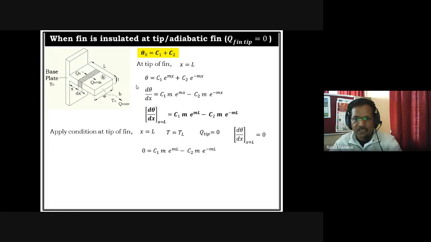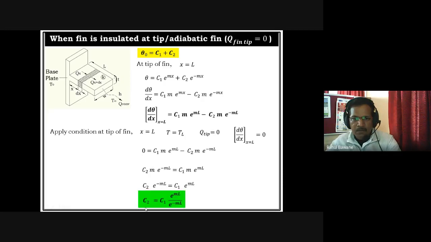So we will use our generalized equation, d theta by dx at x equals L, and its value is 0. Then C1 m e raised to the power mL minus C2 m e raised to the power minus mL. Now we will shift this minus term, the whole term, to the left hand side. So it becomes C2 m e raised to the power minus mL equals C1 m e raised to the power plus mL. Now m gets cancelled, and if I shift this e raised to the power minus mL to the right hand side,